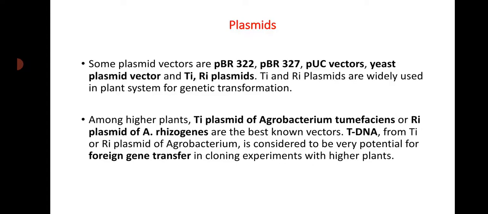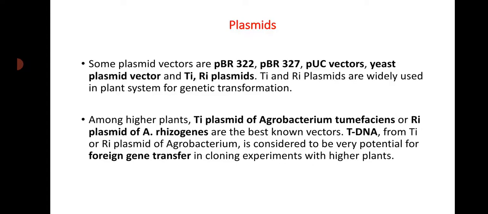Among higher plants, the Ti plasmid is the tumor-inducing plasmid of the bacterium Agrobacterium tumefaciens, and the Ri plasmid of another bacterium, Agrobacterium rhizogenes, are the best known vectors for higher plants because they